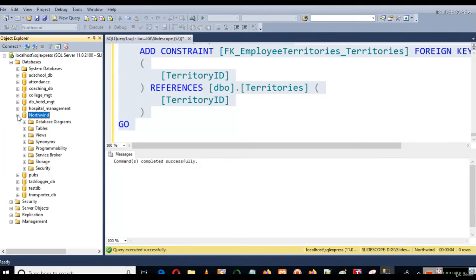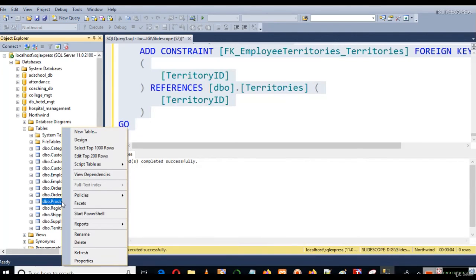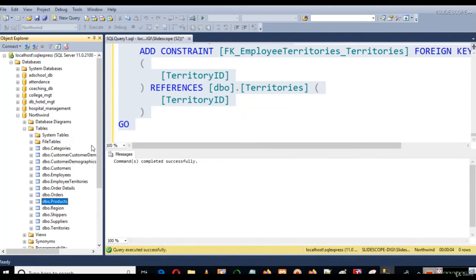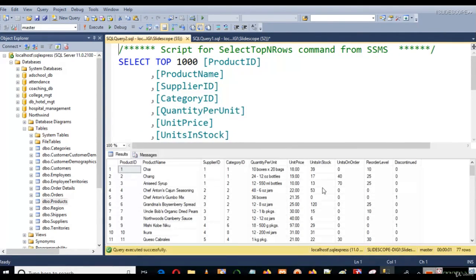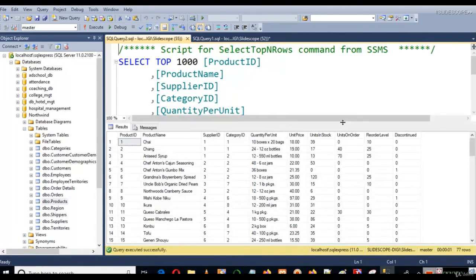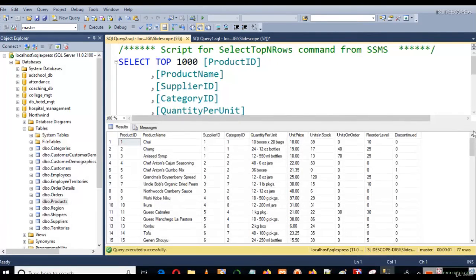Now you can expand this database, expand the tables here, and you can see that we have a database similar to what we have in MySQL. So this is the same database, it has products and everything. Right click on any particular table, select top 1000 rows, and then you will be able to see the values here. So this is how you can install SQL Server Management Studio, and in SQL Server Management Studio this is how you can import a database.